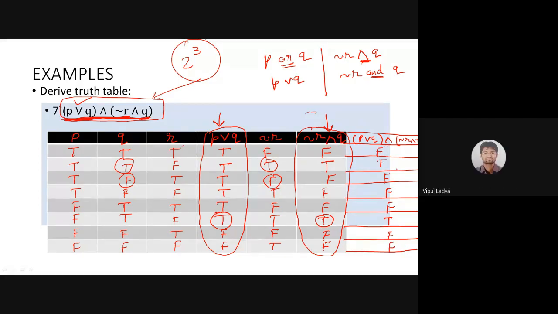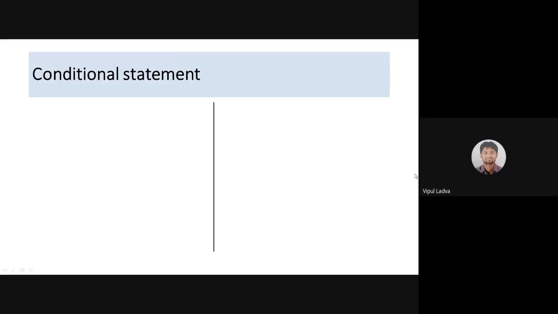Thank you, Mohammed. So this is a way you can prepare a truth table for a compound statement, whether we're using conjunction, disjunction, or negation. That is not the only case. We have only these operators so far: conjunction, disjunction, and negation. Yes, we have some other operators also. Let me give you some of them.